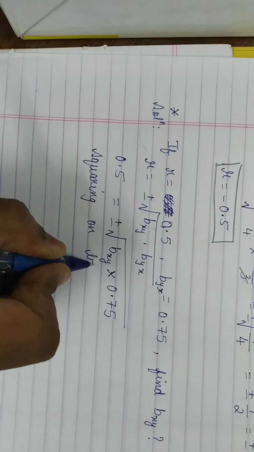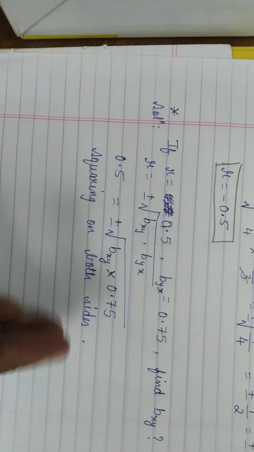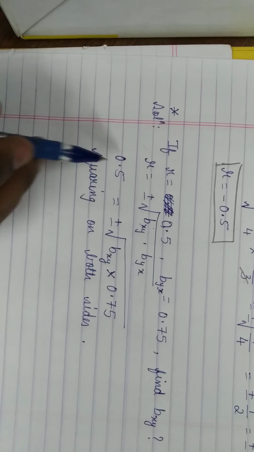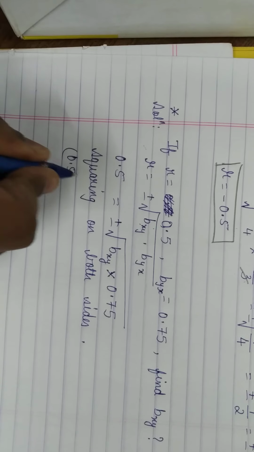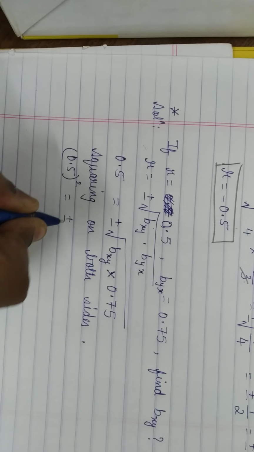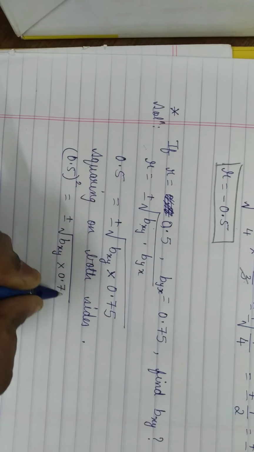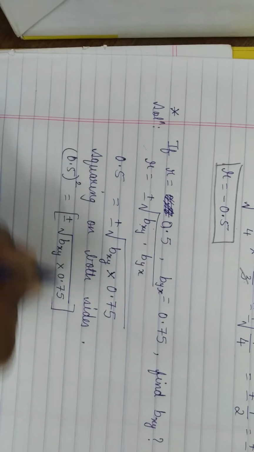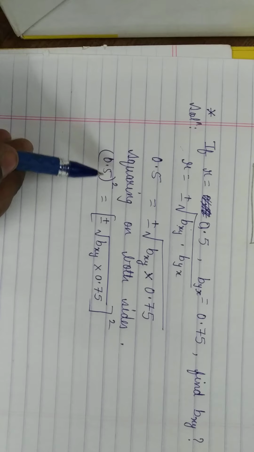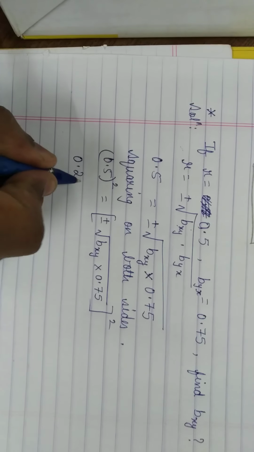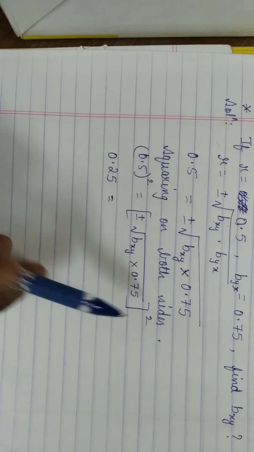On both sides, that is both the left hand side as well as the right hand side, both will be squared. So it becomes 0.5 square equal to plus or minus square root of bxy into 0.75 square. So when you square both sides, this is 0.5 into 0.5, you will get 0.25, okay, equal to, now